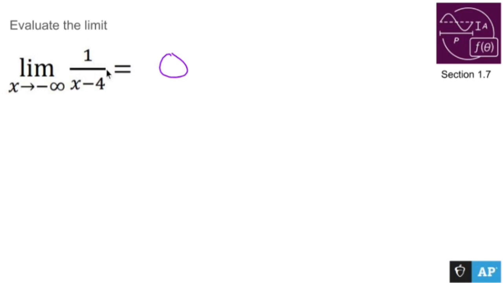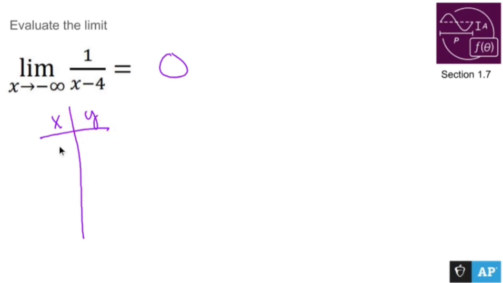Well, if you have a higher degree in the denominator than the degree in the numerator, and x approaches either infinity, no matter what, you're going to approach 0. Why? Well, let's use common sense. And again, this could be either